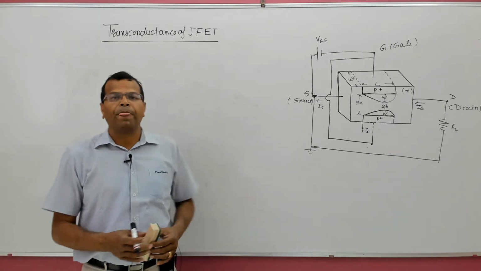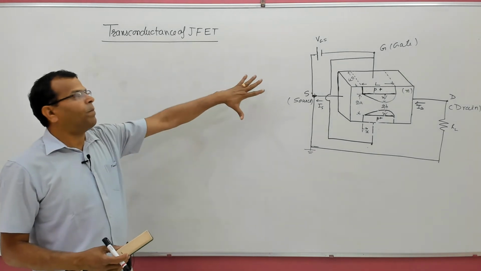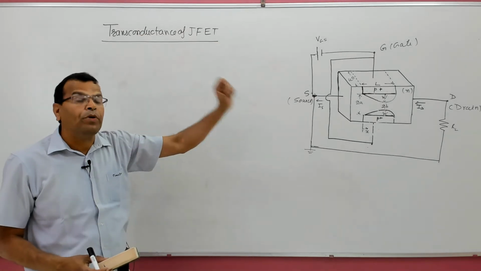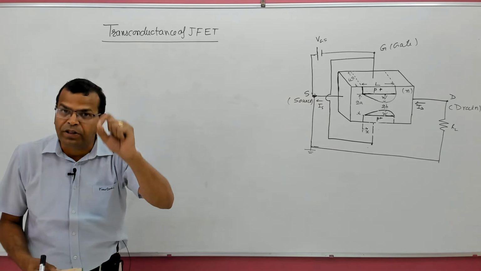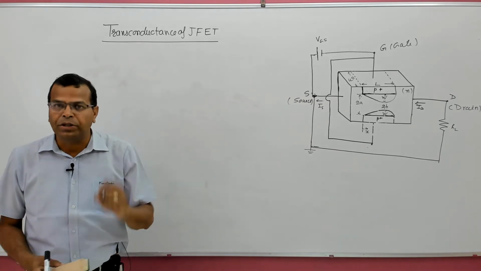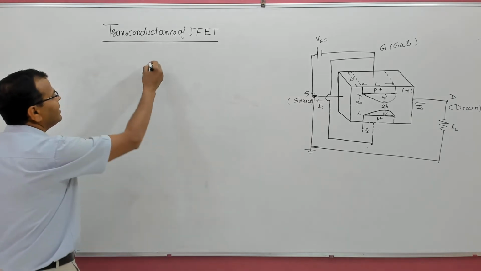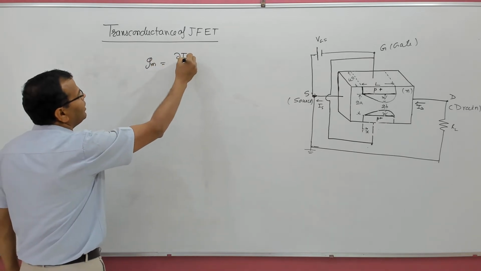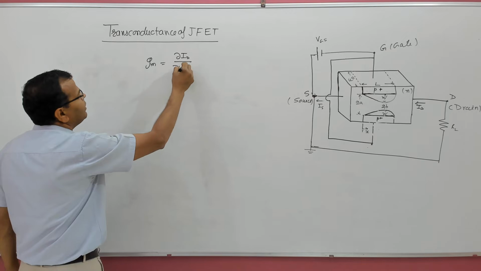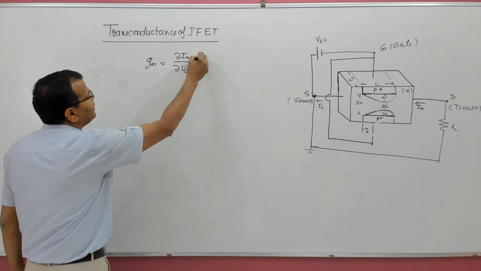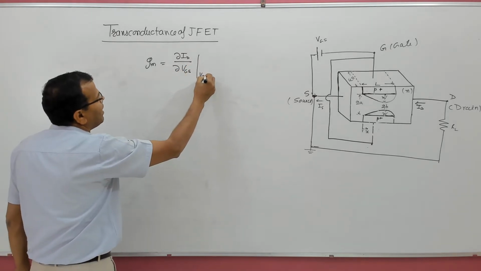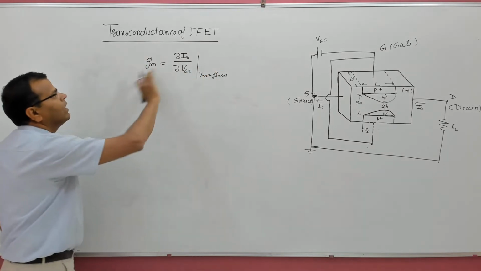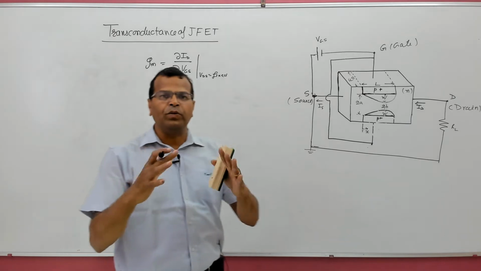Hello friends, the next topic in JFET is transconductance of JFET. This is another very important topic of this device. The transconductance of JFET is defined as the variation in drain current with respect to voltage VGS at a particular value of VDS. When VDS is fixed, the variation of drain current with respect to gate to source voltage